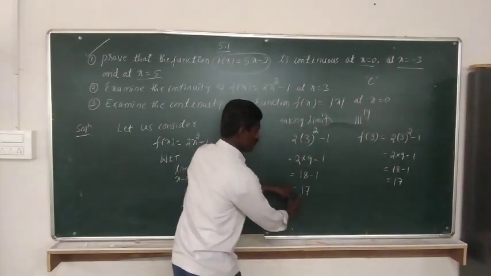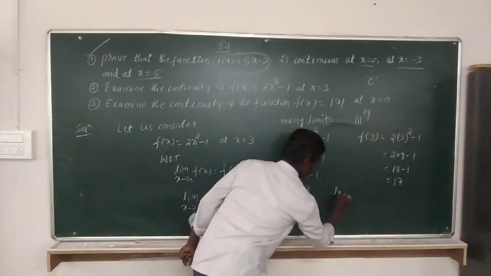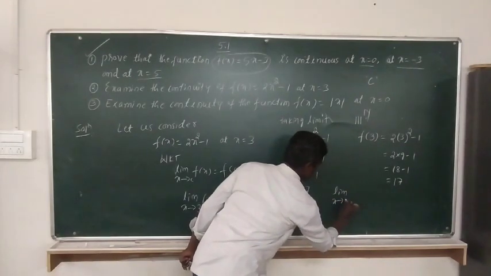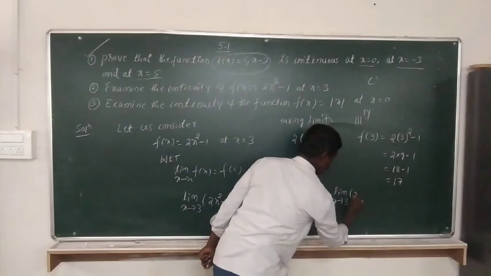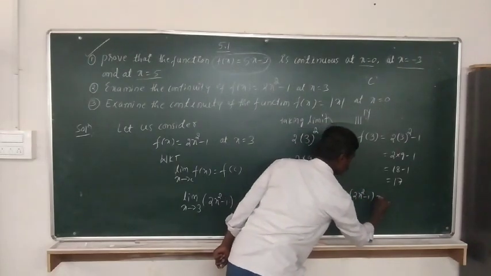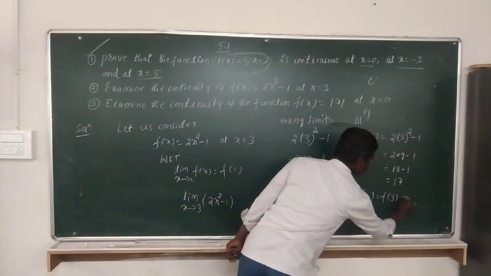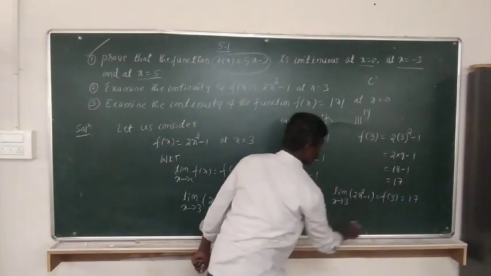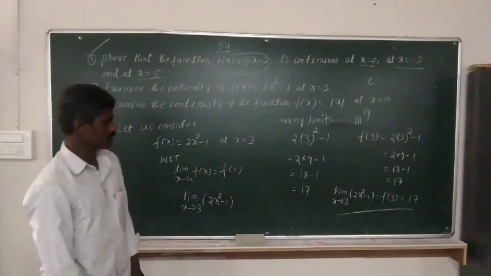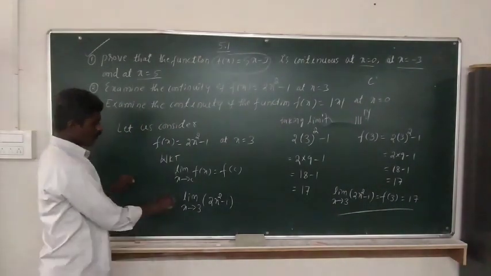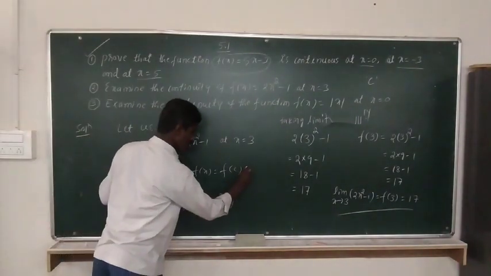So here observe both are the same. Hence limit as x tends to 3 of 2x square minus 1 is equal to f of 3. Both are equal to 17. Hence the condition is satisfied and the function is continuous at x equals 3. This is how we can prove the function is continuous by